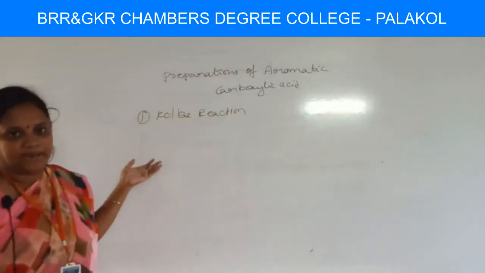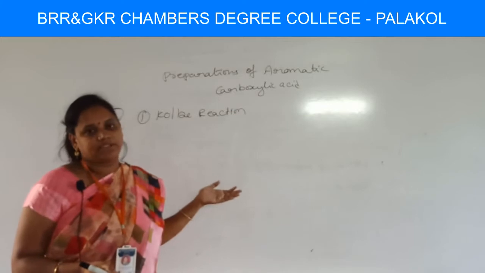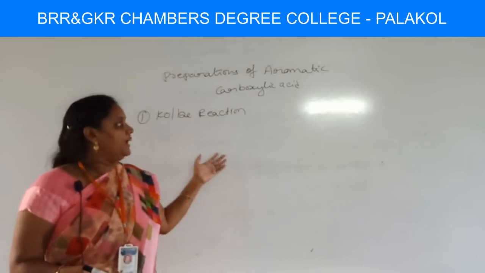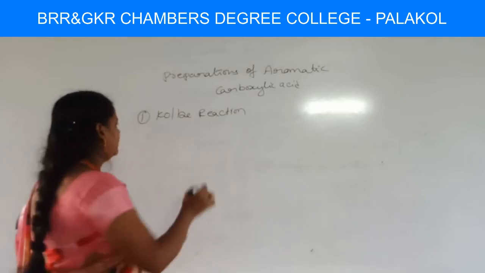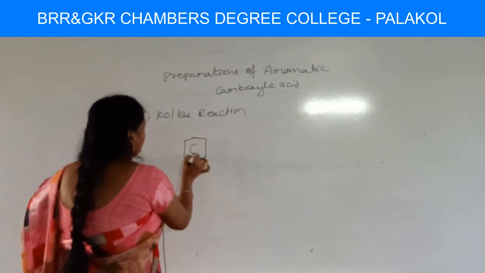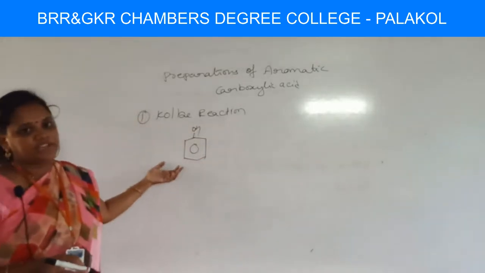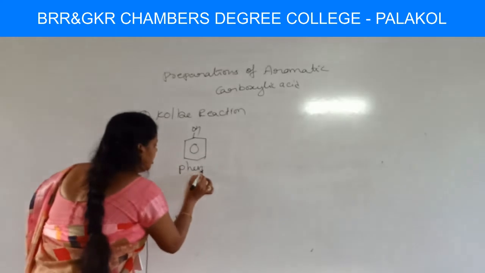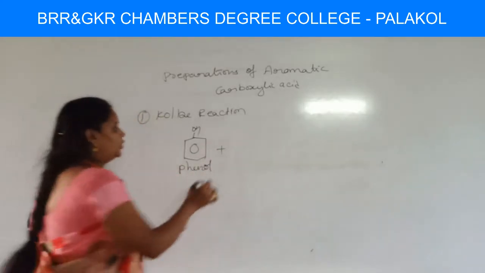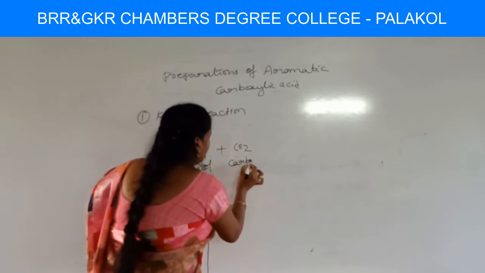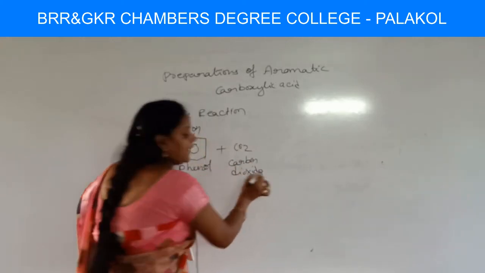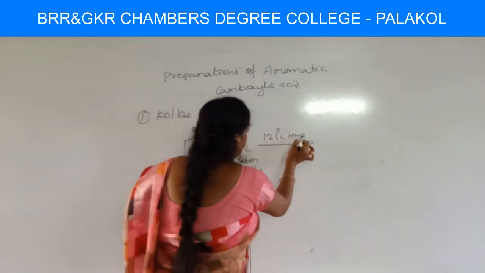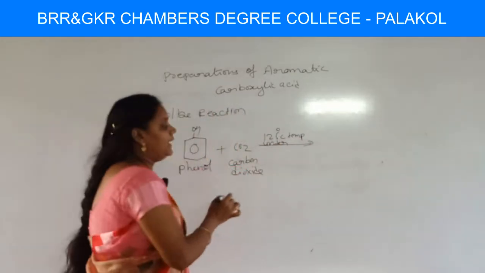Kolbe reaction is nothing but when phenol is treated with carbon dioxide at 125 degrees C under pressure, okay, salicylic acid is formed. So, you have to take phenol. What is the structure of phenol, students? C6H5OH, benzene ring with OH group is called phenol, and it is treated with CO2, carbon dioxide, in the presence of 125 degrees C temperature, okay, under pressure,